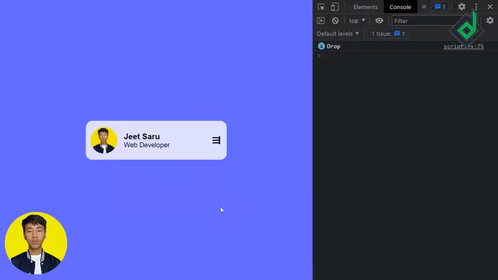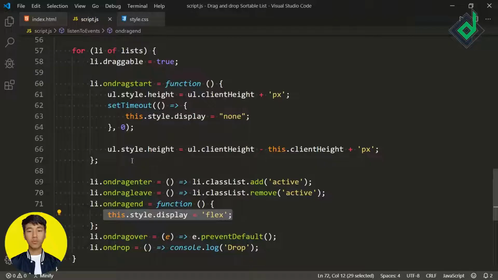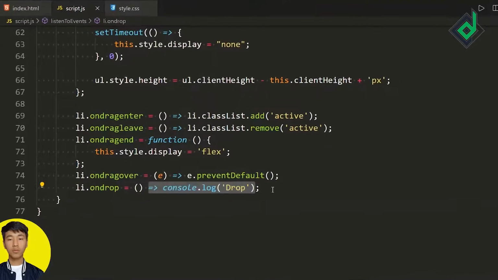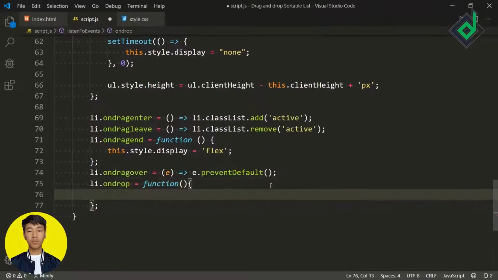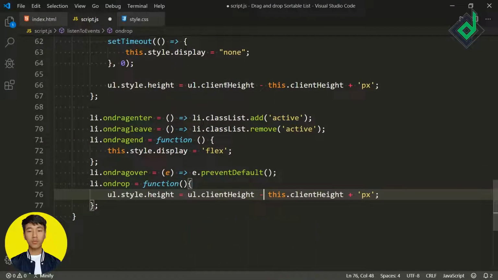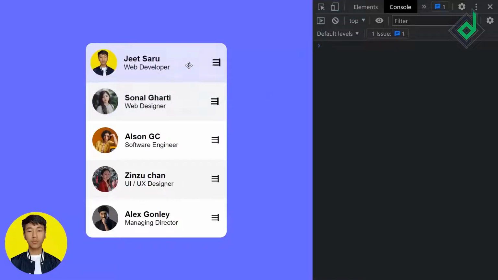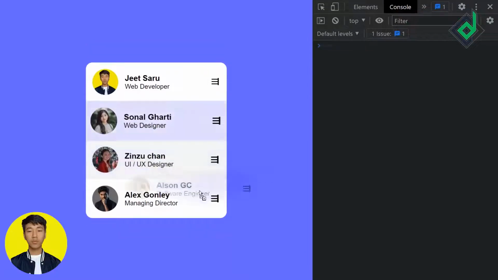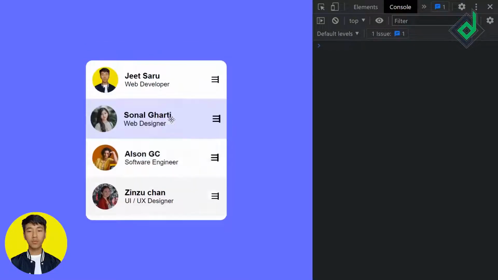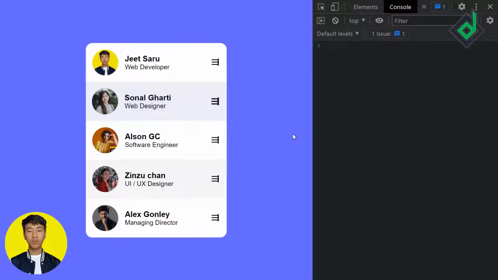It's because when that drag event starts, at that time we are just subtracting the height of that dragged list item. But in order to prevent that, when we drop the list item at that time, we can duplicate this code and take it to that drop event, and instead of subtracting the dragged list item's height, we are adding that dragged list item's height. So once again in the browser, if I drag the element and if I drop, you can see the height of the UL element is adjusting accordingly. So when you are changing the height of that UL element, at that time there is a smooth transition. So this is the effect that I want.